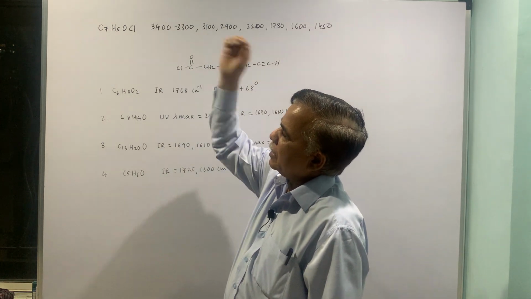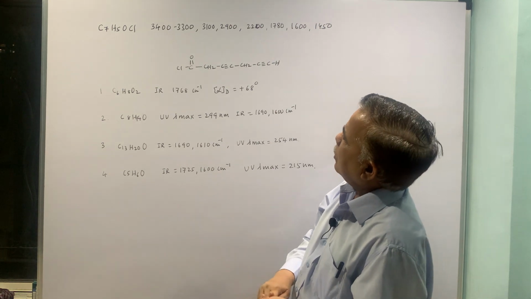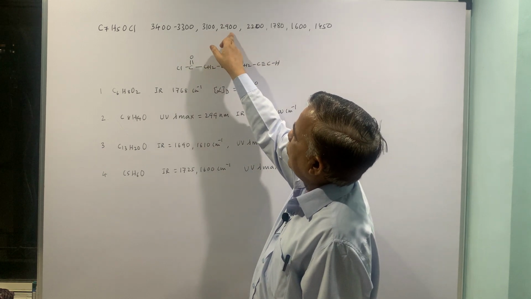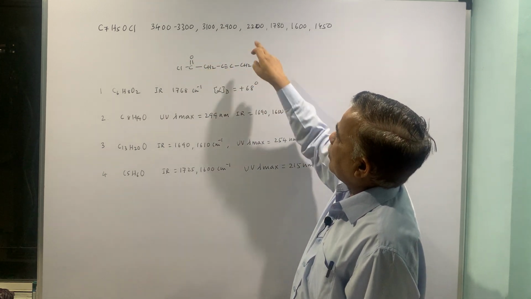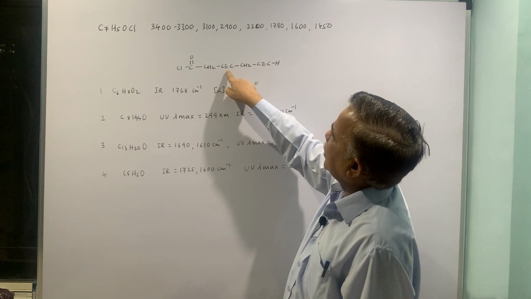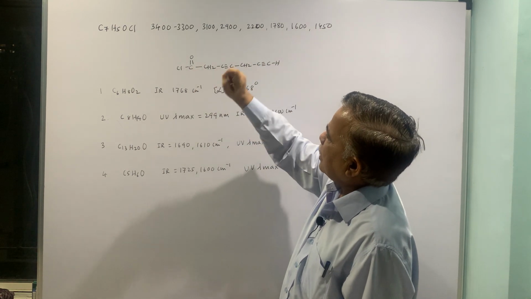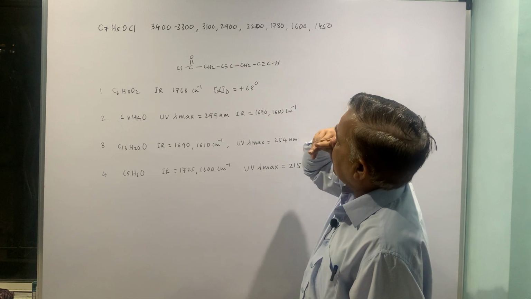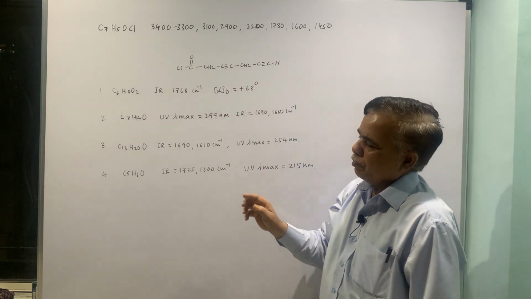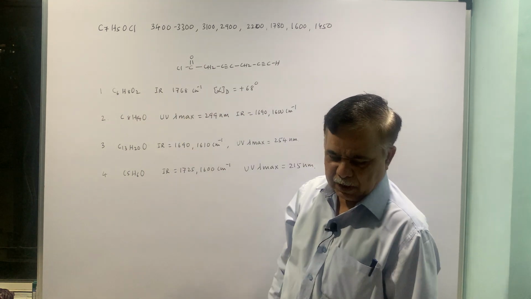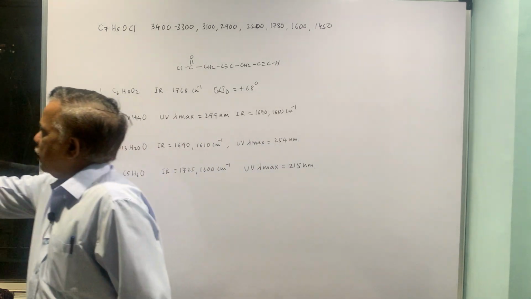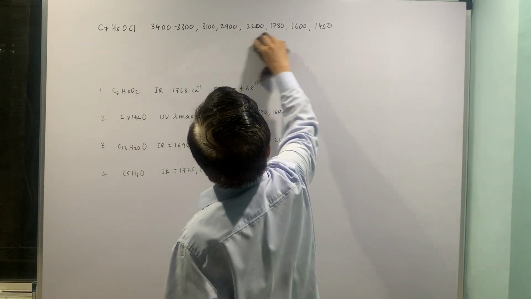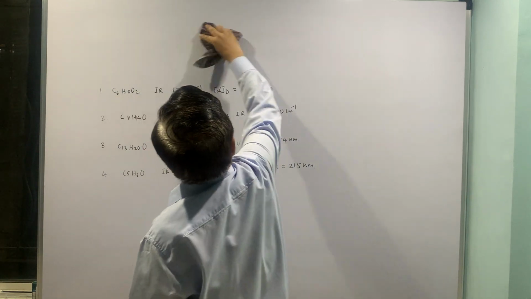Last time we were left with one example, C7H5OCl. So 3433 can be assigned to this. 3129 is for CH stretching frequency, 2200 is for this unsymmetrical alkyne, 1780 is for the saturated acid chloride, 1600, 1560 these are C=C double bond stretching frequencies. Now coming to the first example of today's. Okay, so I am cleaning the last time's example, that is the answer.